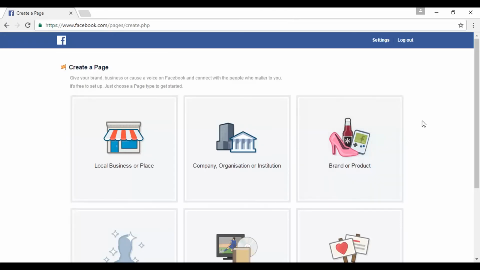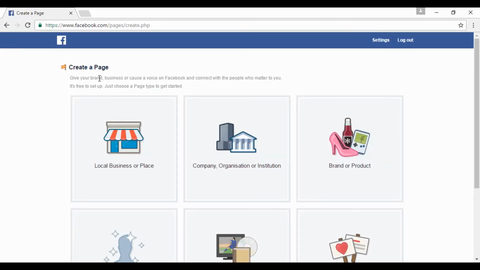They make it kind of hard to find the page to log in to create pages. So you want to come to this URL, which is facebook.com/pages/create.php. It takes you to this page here. It says create a page.